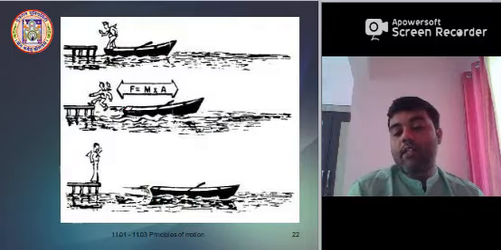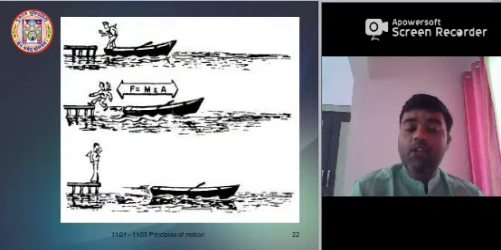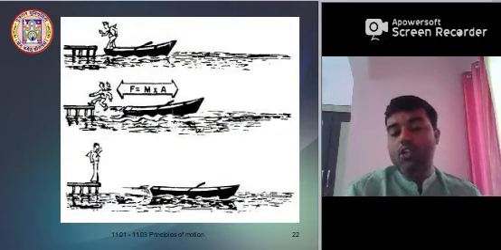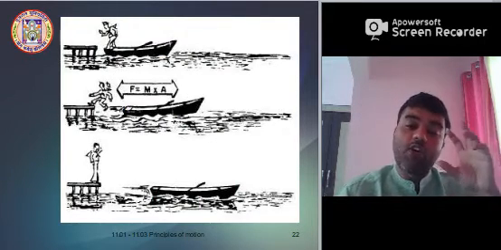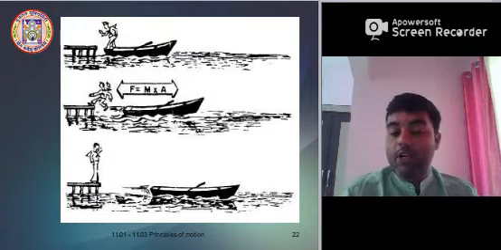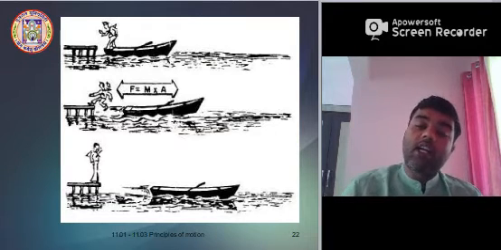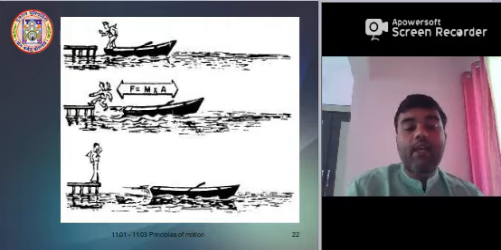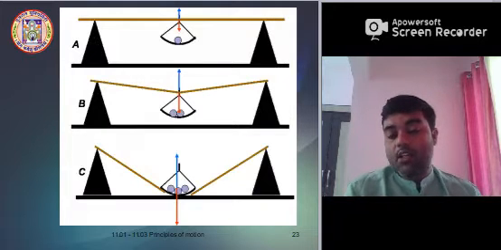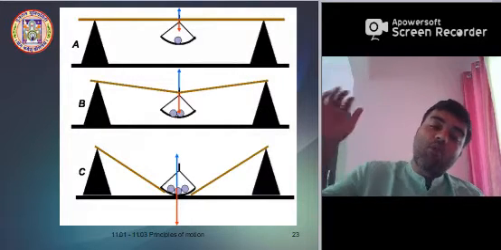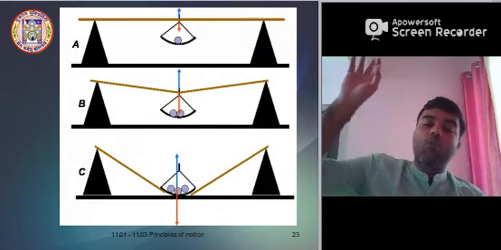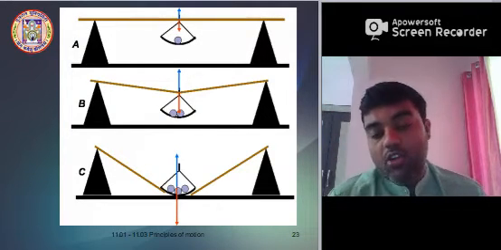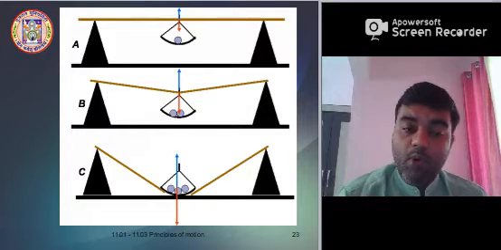This is also an example: when the person kicks out from the boat to the seashore, force is given and again a reaction force comes, and the second law F is equal to m into a is also used. In that way the boat automatically goes away. The third example: the more weight you give, the more force is given, and when you release it, it automatically goes more up. So this third law is very important.